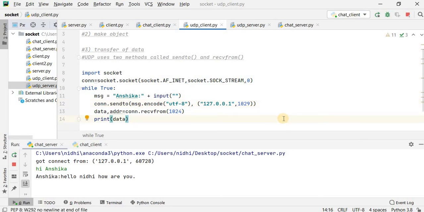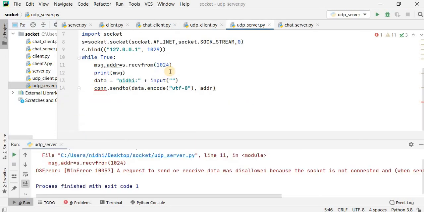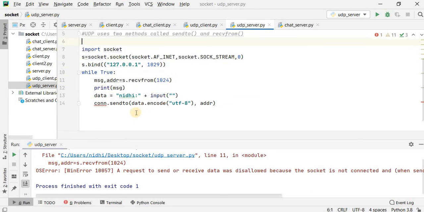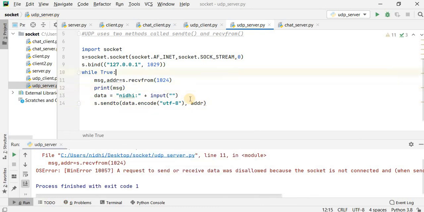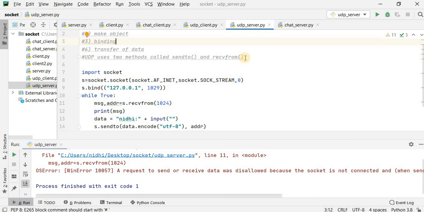So my client and the server program is ready for the run. Also there is a mistake in the UDP-7.py, because we are not using the accept method, so we do not know about the object of client. So that's why both of the sendto and the receive packets have to be associated with the server object.